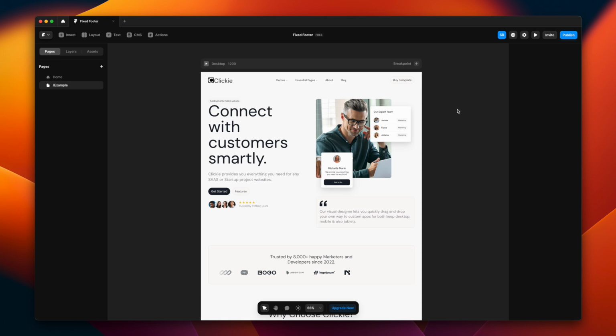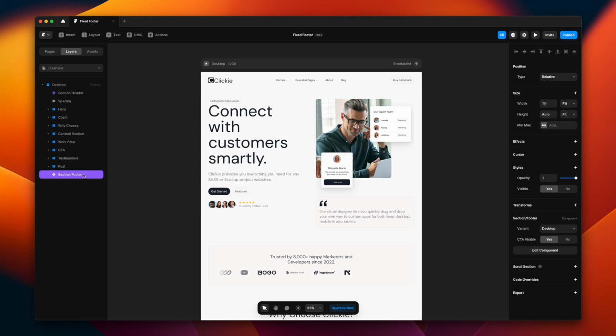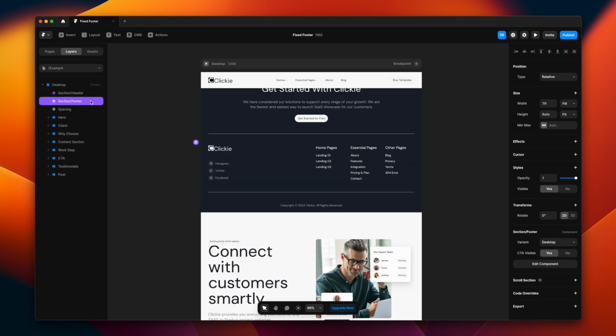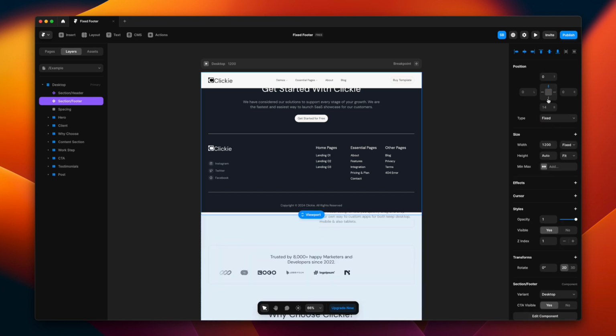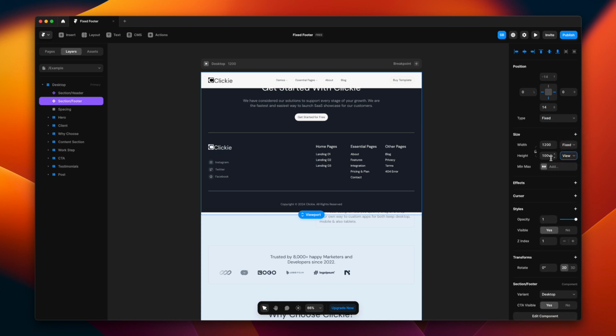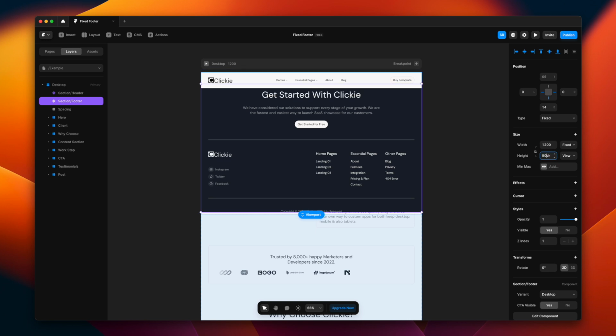And this will give us an example of how to create sticky footers for real life scenarios, and how to handle some use cases, such as links and everything, so that we learn in this process. So let's select this footer that is there. There are different sections here, if you see. So what we'll do is select the footer and drag it right on top, right under the header, just the way we learned, and we'll make it fixed. We'll pin it to the bottom and the sides, and ensure that it takes up at least maybe 95% of the viewport height, or maybe 90%. So yeah, we do that.